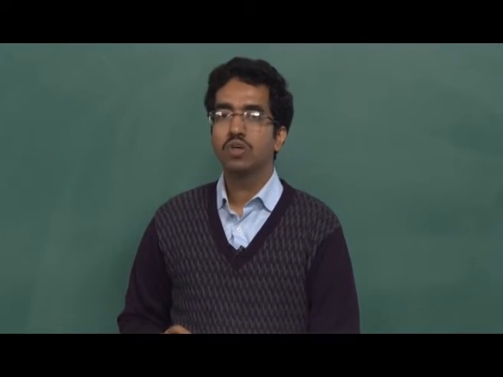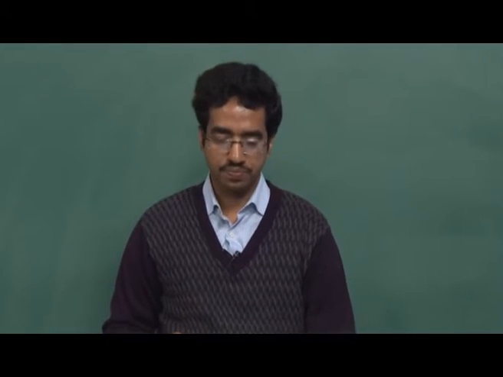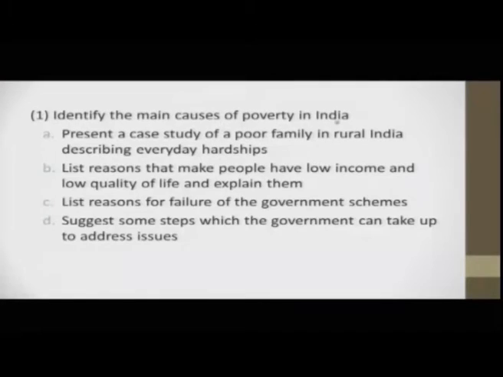Now, we will look at some tasks and then decide what exactly is required in these tasks. The first one, identify the main causes of poverty in India. So, here would you present a case study of a poor family in rural India describing everyday hardships, or you list reasons that make people have low income and low quality of life and explain them. The third is list reasons for failure of the government schemes, suggest some steps which the government can take up